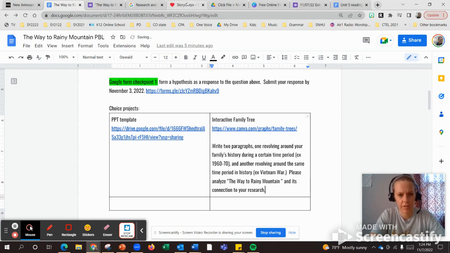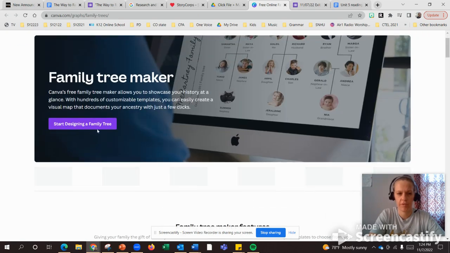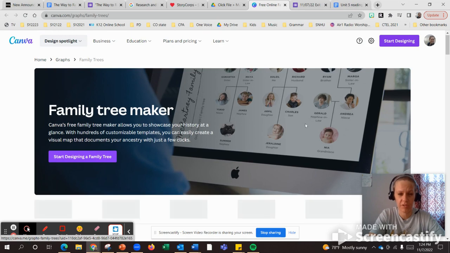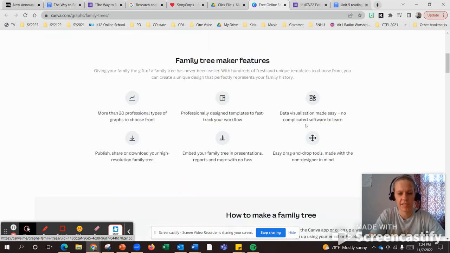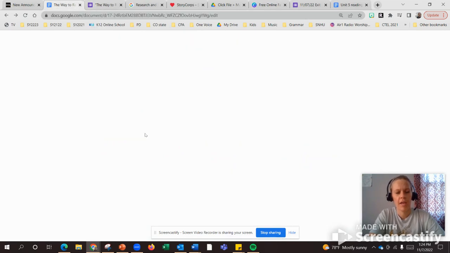And this is through Canva, which is right here. You have to create a free account, but they do a really great format of the family trees. Okay, so you can design, you can put pictures, names, be as detailed as you want. It's pretty cool. Okay, our third option, if you're going along with personal or family culture, is going to be